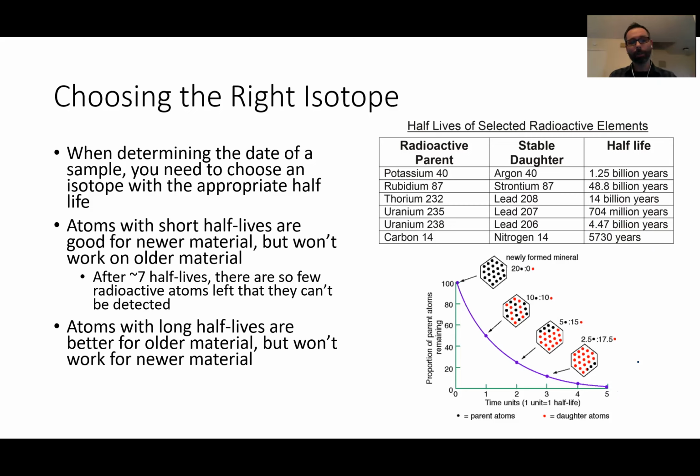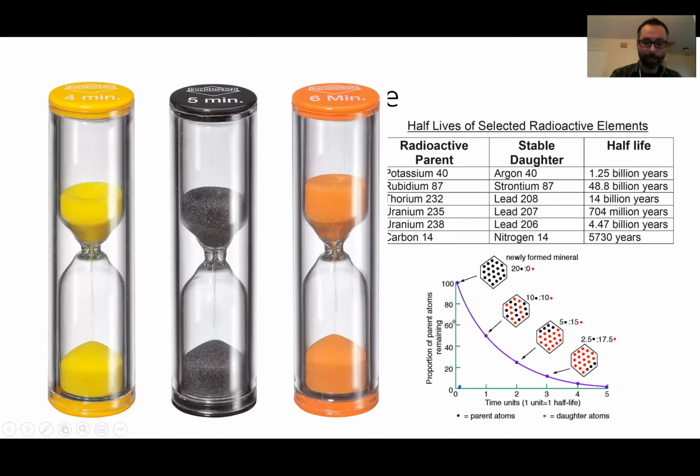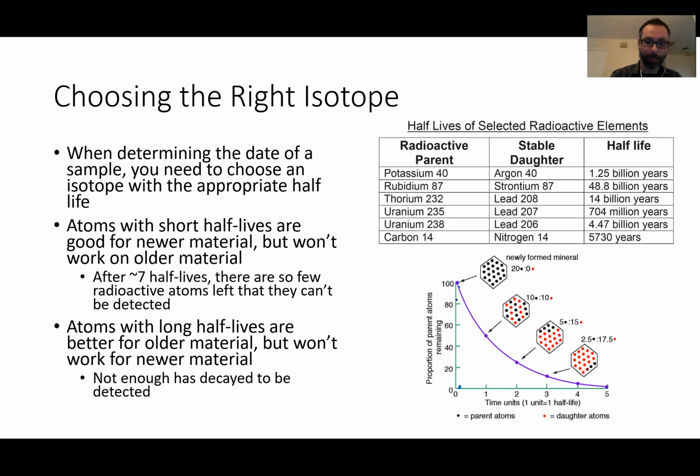So you don't want to use carbon for something that's super, super old. But you also don't want to use uranium for something that you don't think is that old, right? Because the opposite thing happens over here, where let's say you measure it and it's only been like 0.1 half-life, then that's still kind of the same thing as when the graph is too flat on the end. It's too flat over here and you can't measure enough accurately. In any case, the point is that you have to choose something that hopefully is within this kind of range